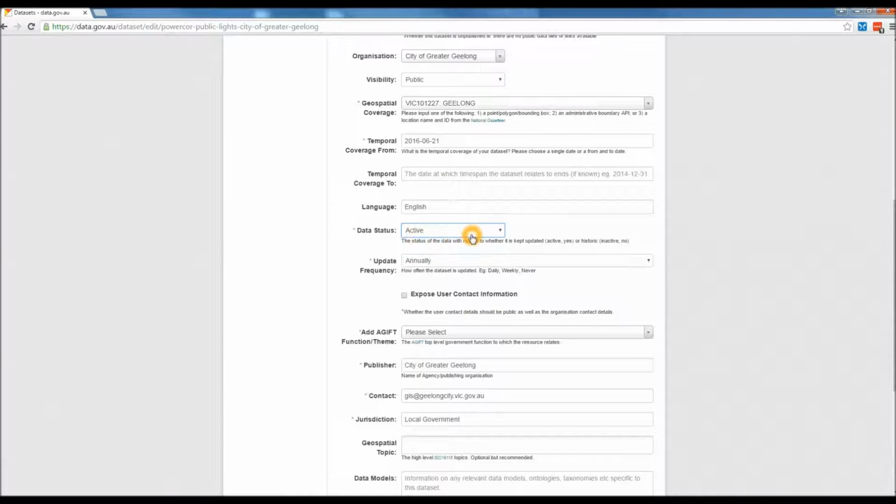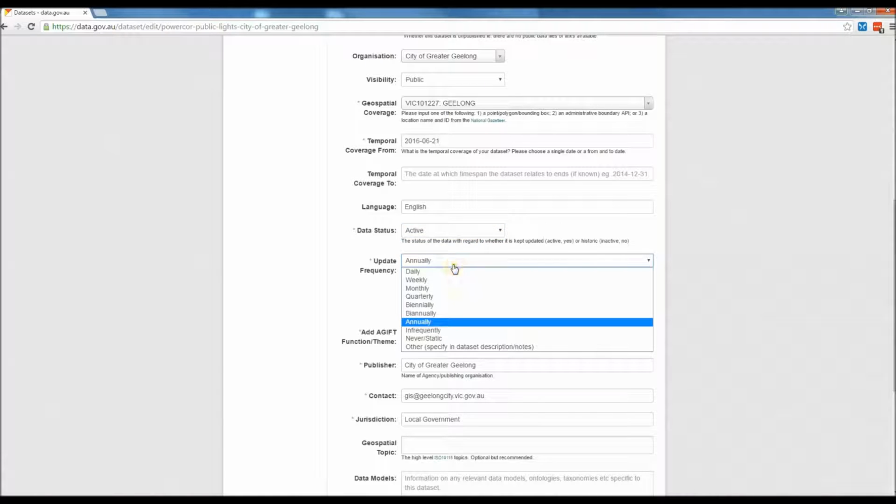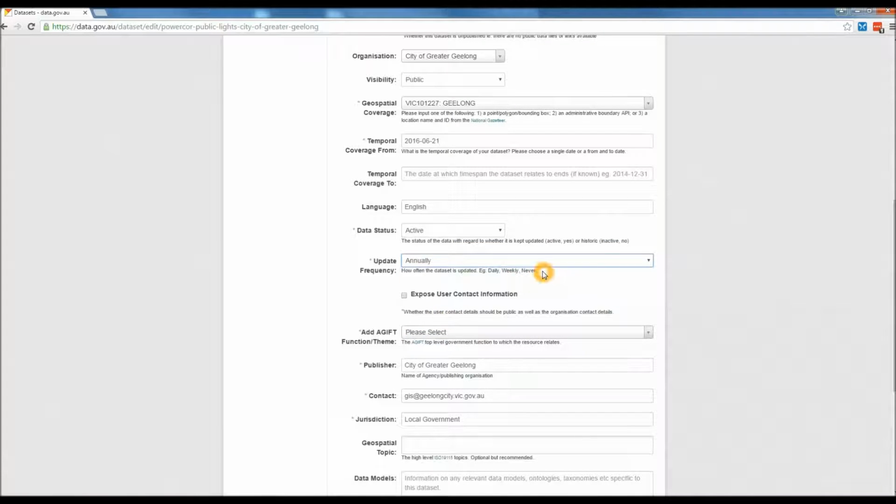And then active is you're going to consistently add to it or update the data. And this is how often you're going to update it. So once you get your automatic processes going, you can publish automatically to data.gov.au, and maybe that might be a future video here. But at the moment, you kind of want to do it maybe annually. That's what I reckon. It's depending on how many data sets you got, because you don't want to spend your